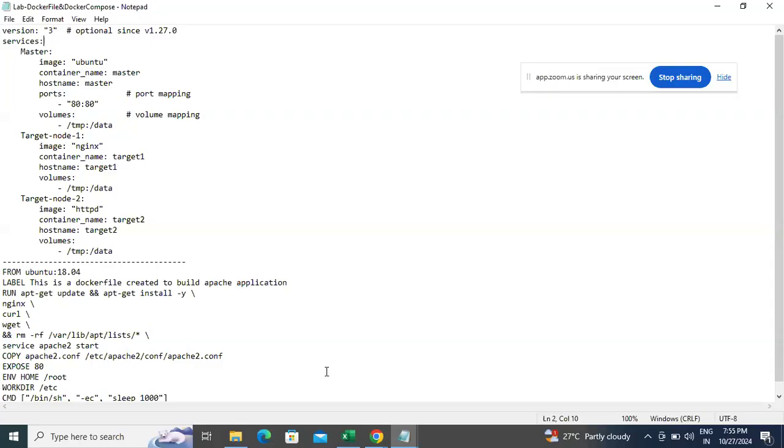In this compose file, you can see I have mentioned version 3, and I have given services. Every time I'm going to provide services, right? So services also I have given. Here there is no change actually. Nothing is changing here. But the only point is I am going to give more details. So here if you observe, what I have given is